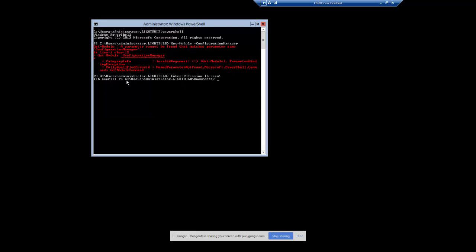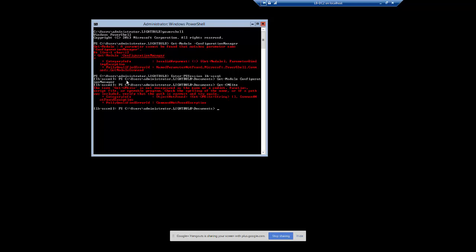And once I'm on this server, if I do Get-Module ConfigurationManager, I get nothing. If I do Get-CMSite, which is a config manager commandlet,